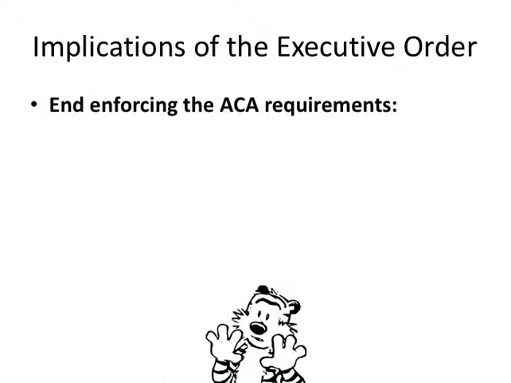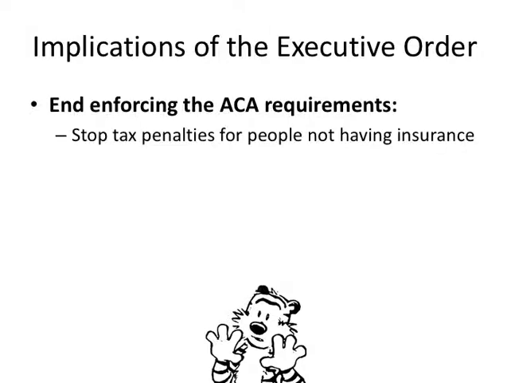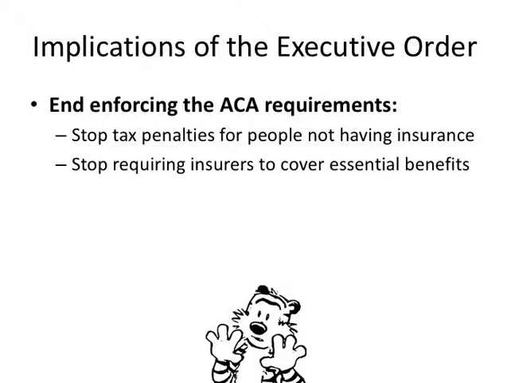The implications of this executive order are that federal agencies could stop enforcing ACA requirements. The IRS could stop collecting tax penalties for non-compliance with the individual mandate, although on February 15th, the IRS announced that it will enforce the individual mandate, but will not be beginning a new program to tighten up its enforcement. The government could stop requiring insurance companies to cover the ACA's essential benefits, adding a quality issue to an already existing issue with